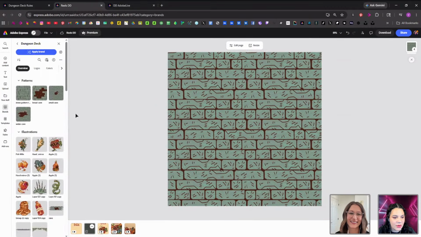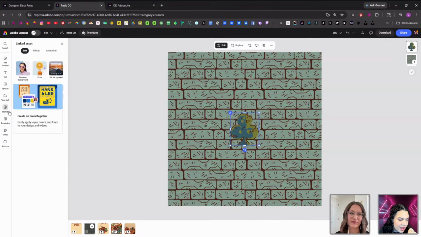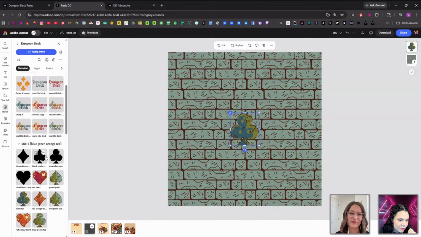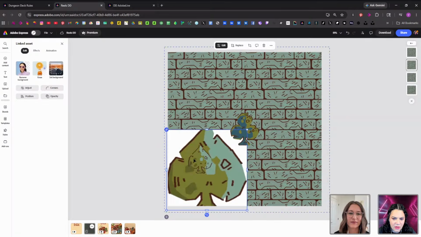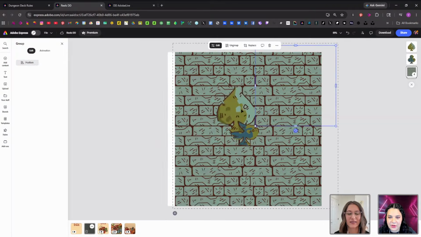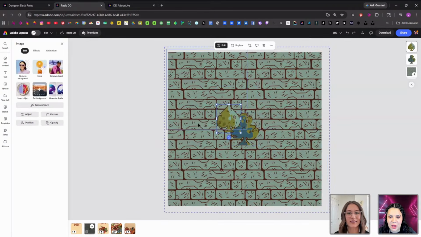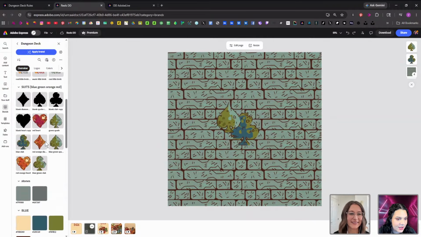So I'm going to do this little background that's grouped together, and I think I'm going to grab all of my suits. Let's grab the club. Let's grab the heart. We'll do the pink heart, and our spade. I think we want this spade and our diamond. One thing that I need to make sure I don't do is drag and drop it on top of something so it thinks that I'm replacing it. So I'll do these one at a time so I don't do that.